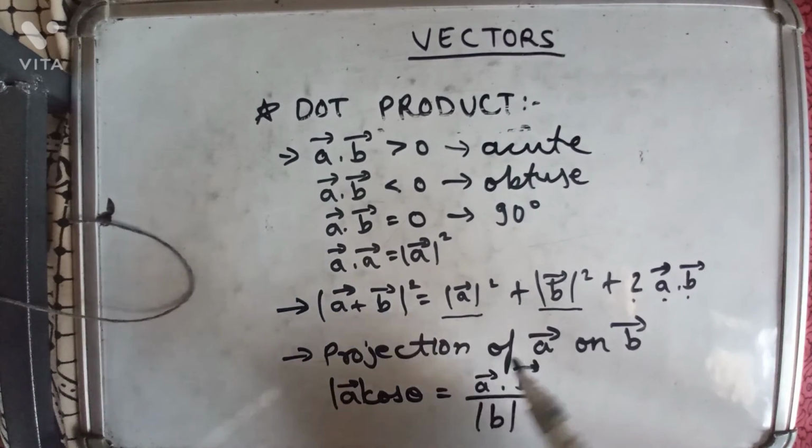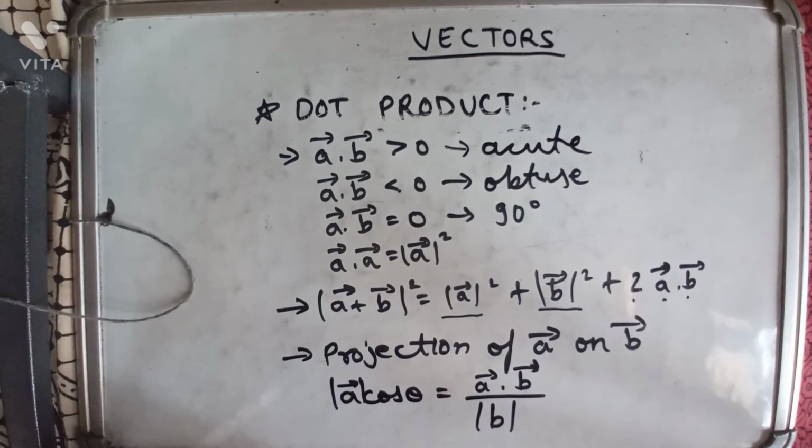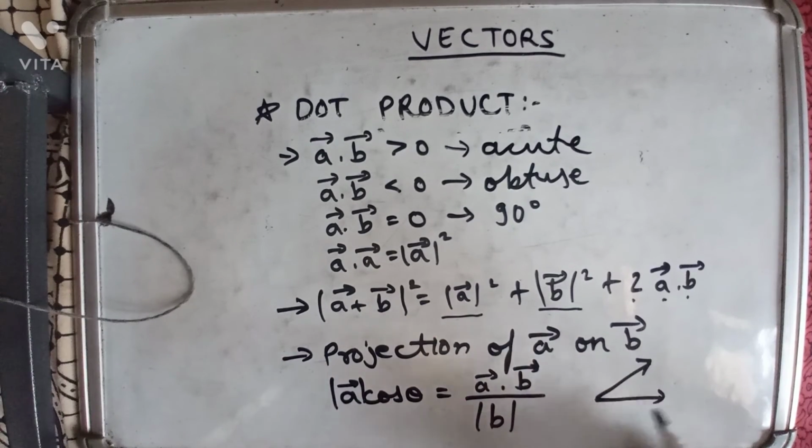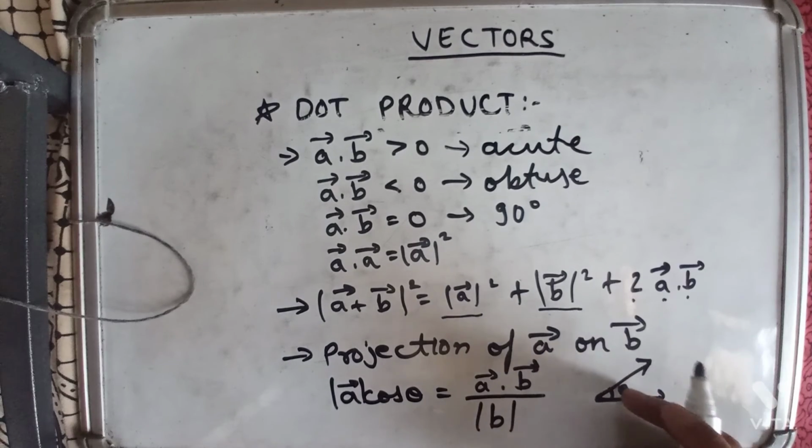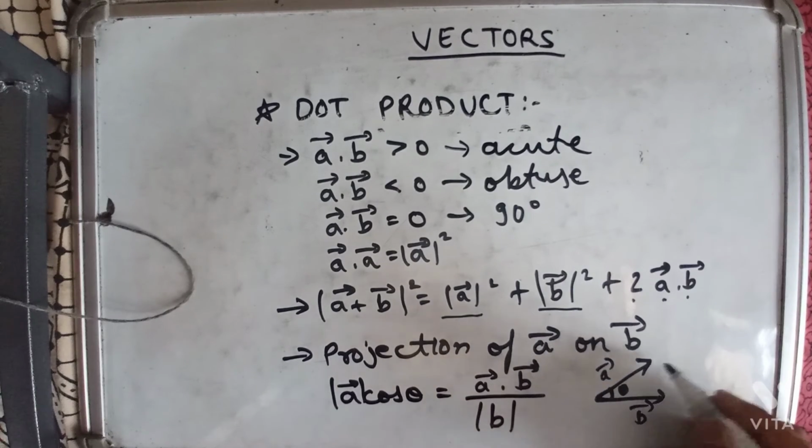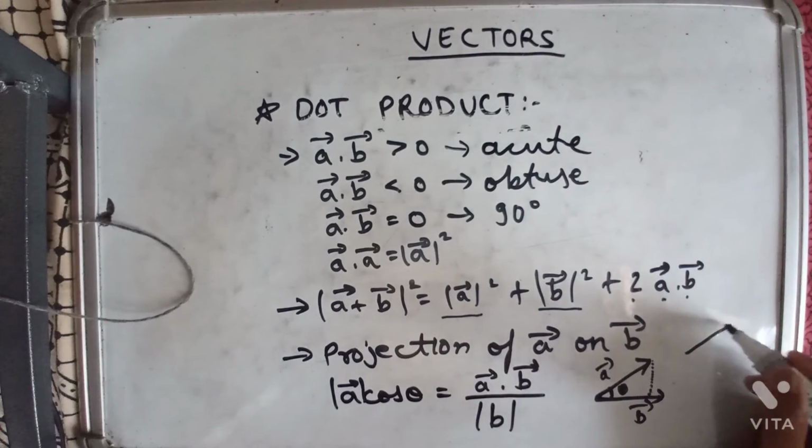Then projection. What is the projection? Projection is this: if you have drawn some vector A, this is B, and this is some angle theta between them. Okay, then this is vector A, this is vector B. The projection means if we make a 90 degree angle here and bring this whole over this vector, then what will this be? We know that the component